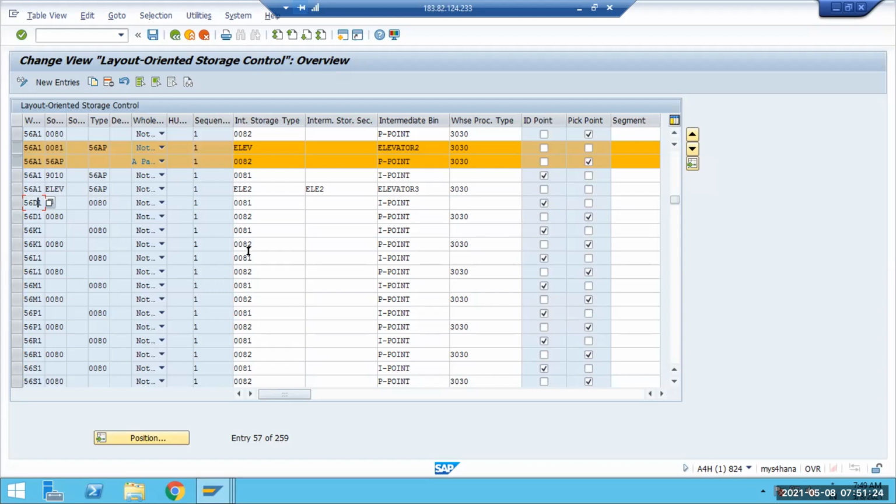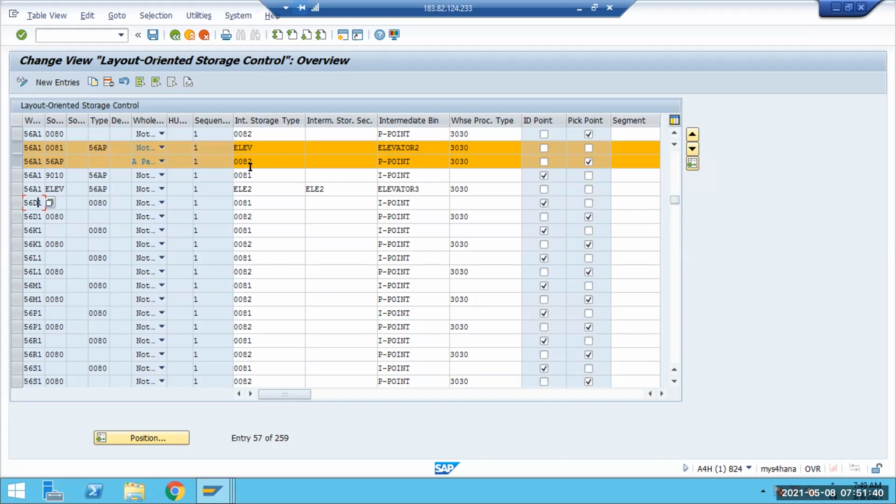See, then you can make the same entry with the second sequence, right? With that second lift, that is possible. Here you need to make an entry. I don't think so. The condition record concept is there, but for a maintenance activity, you will not come here to change the configuration, right?